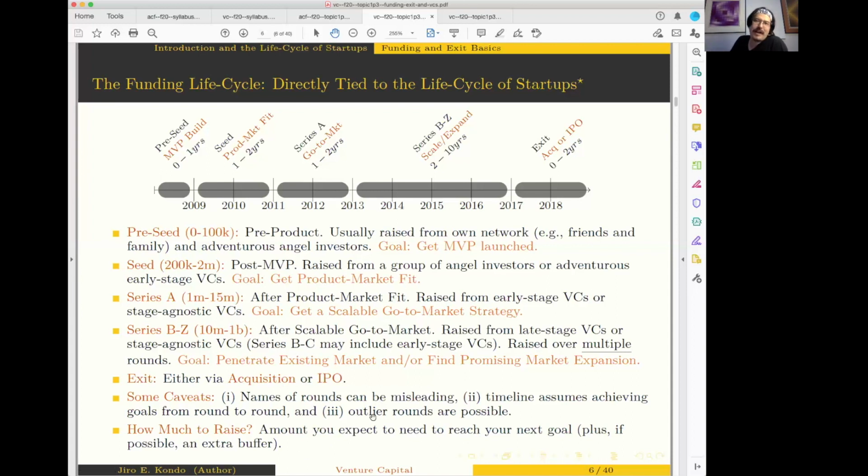There's so much uncertainty. There's no way it can be linear all the time, right? And let's keep in mind, outlier rounds are possible. I gave the example of Jet.com. You can go and do an online search on Jet.com. By the way, Jet.com eventually got acquired for, I think, $3 billion by Walmart. Walmart basically acquired Jet.com to help shore up their e-commerce.